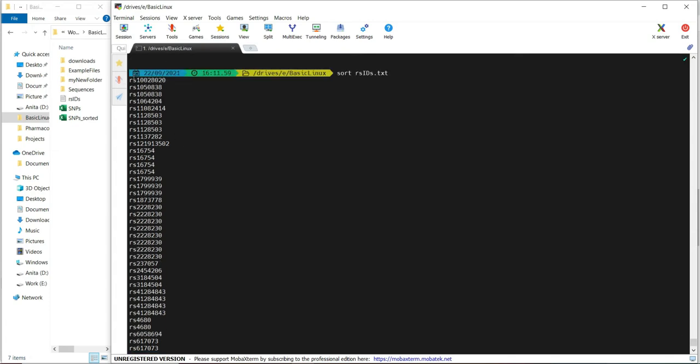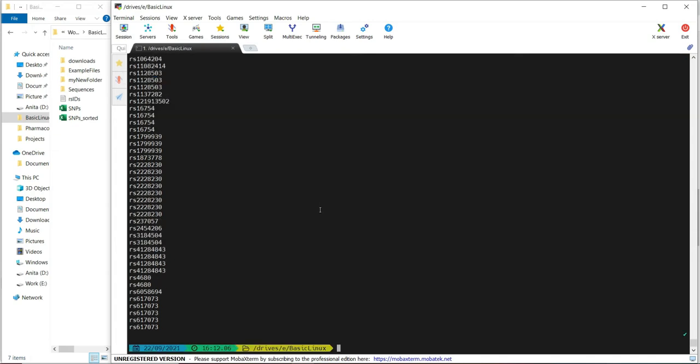If you want to sort it numerically, you have to tell the command prompt to start sorting from the third position, because your numeric values start from the third position of the RSID. So you simply write sort -k, the field or column number, then a dot, and the position from where you want to start sorting, 3. Then we specify n to sort numerically, then the file name. Now if you press enter, this file is sorted. So for now I will clear my screen.